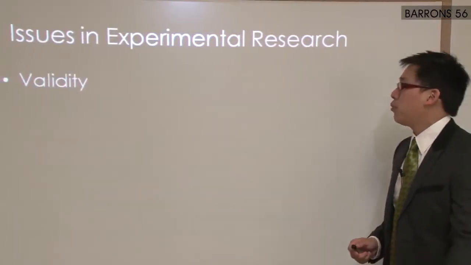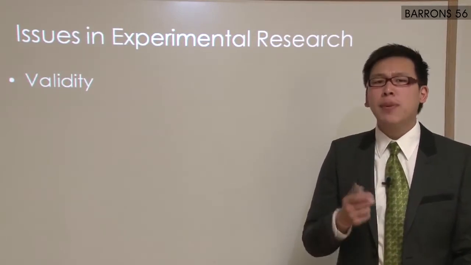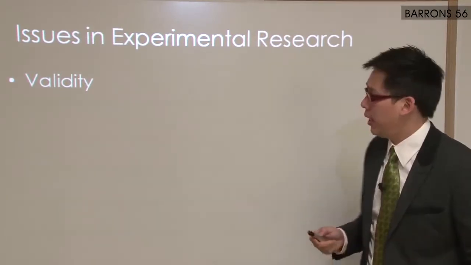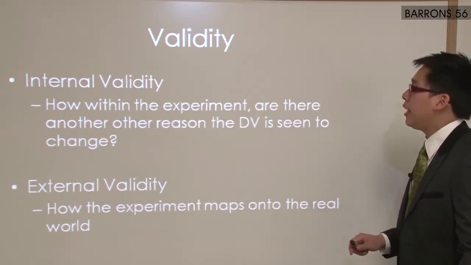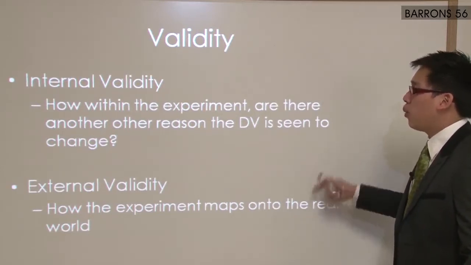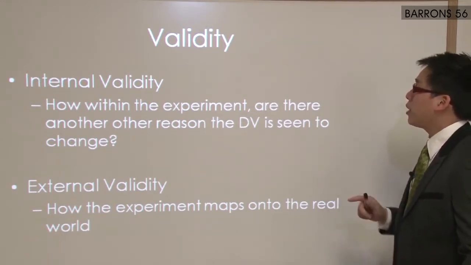Another issue in experimental research is the idea of validity. How valid is something? And when we talk about validity, there's usually two kinds of validity. Number one is internal validity and number two is external validity. In internal validity, the question you ask is, within the experiment, are there other reasons that the DV